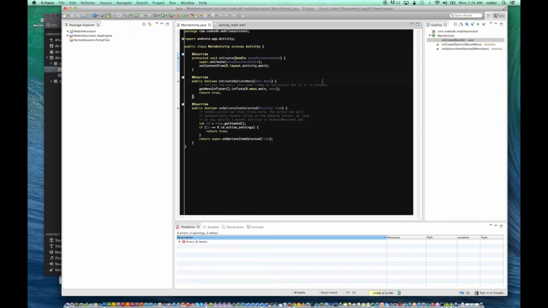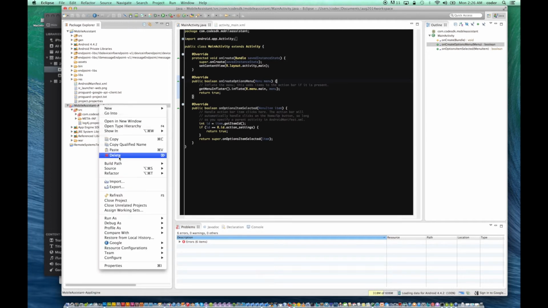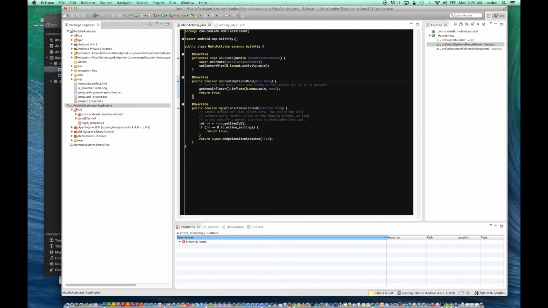Okay, so now we're back. So if we expand our mobile assistant project and mobile assistant app engine project, you'll notice that the app engine project has errors, so we can quickly delete it to remove it from our workspace, but also to